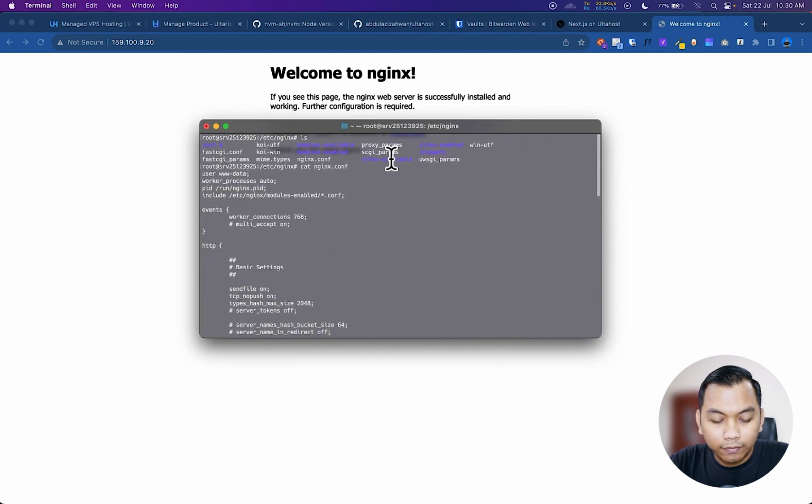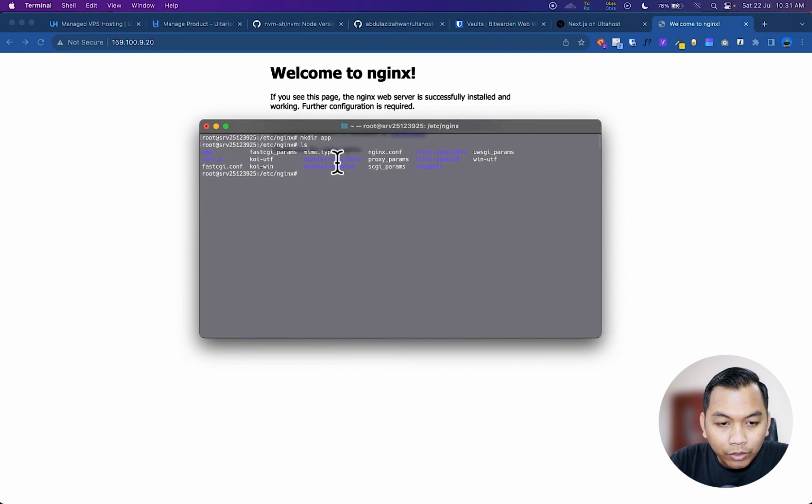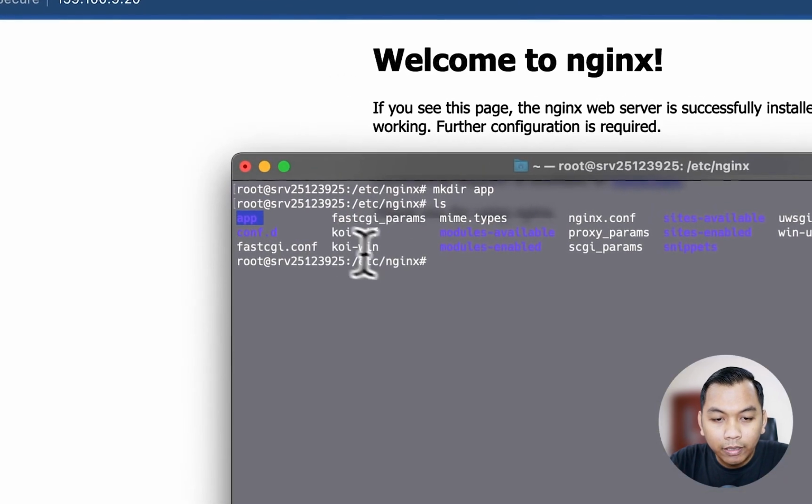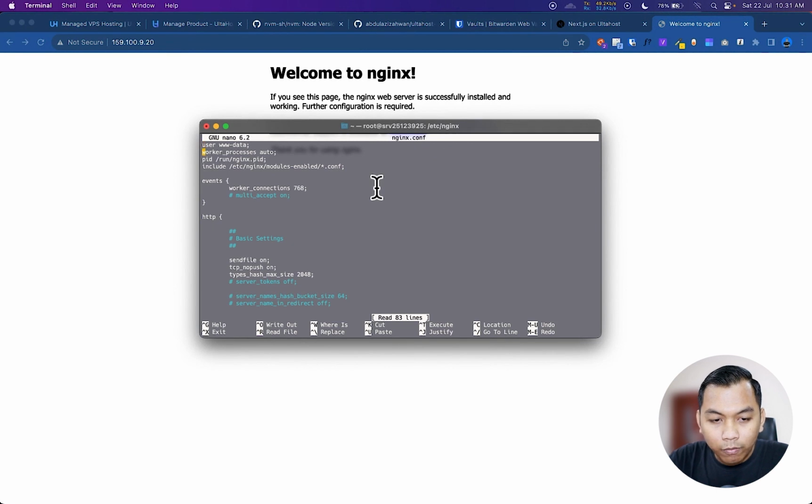First things first, we need to create a folder inside the Nginx directory using mkdir, and let's name it app. When we check, we will see a new directory app here, and we need to edit the nginx config using nano nginx.conf.